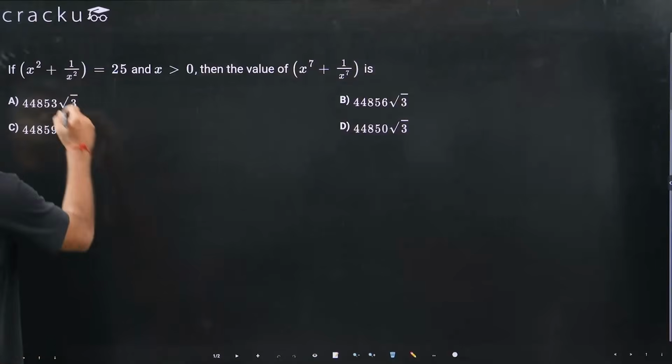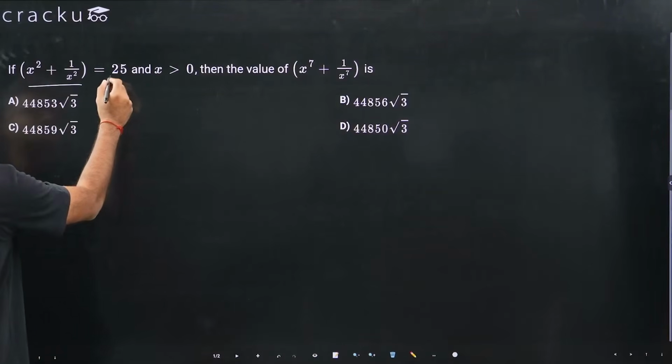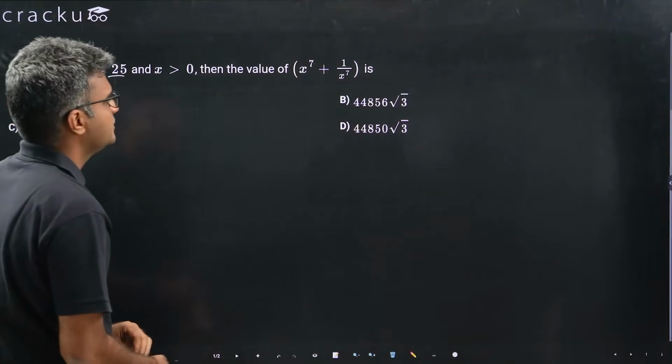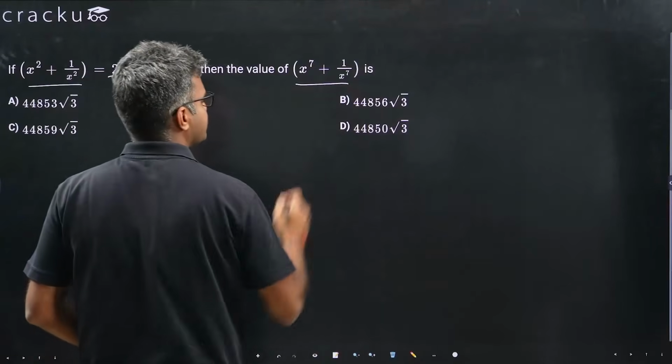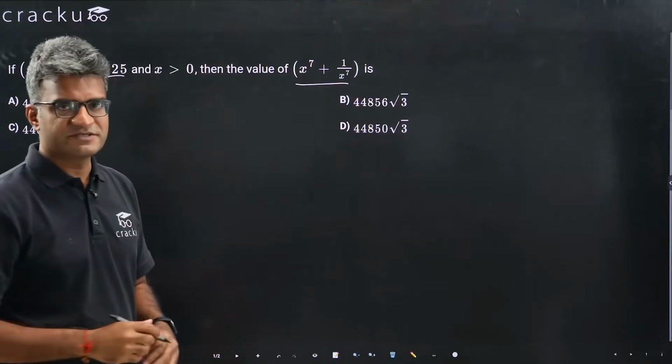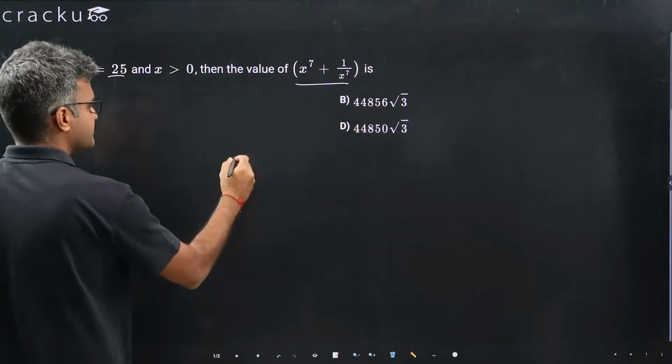In this question, we are told that x square plus 1 by x square is 25, x is greater than 0, and we are asked to calculate the value of x to the power 7 plus 1 by x to the power 7. So if you're looking at x square plus 1 by x square,